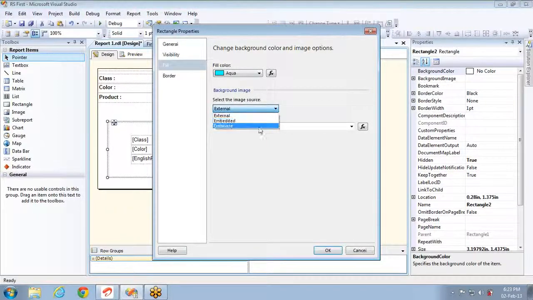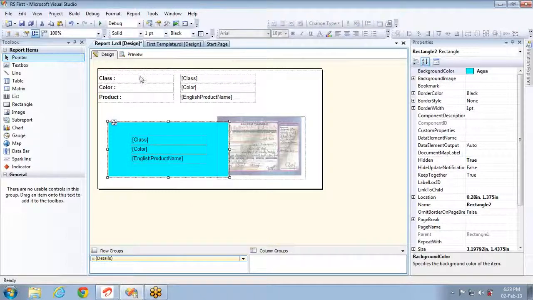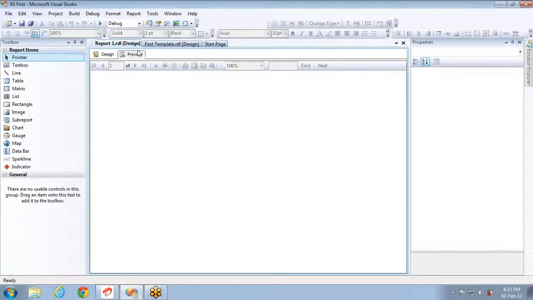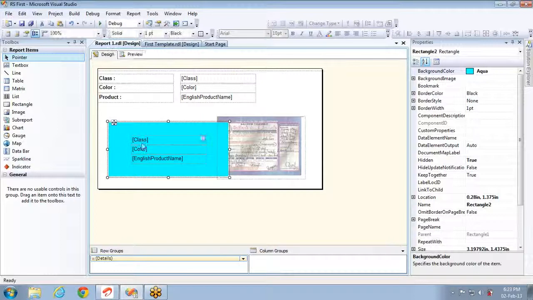And if you want to have some image, you can have that too. So this is the advantage. If I preview now, I set only one control's visibility property to false, and you can see that it is gone. If I have the controls separately, then I have to set the property for each thing. So that's one of the major advantages of having a rectangle.